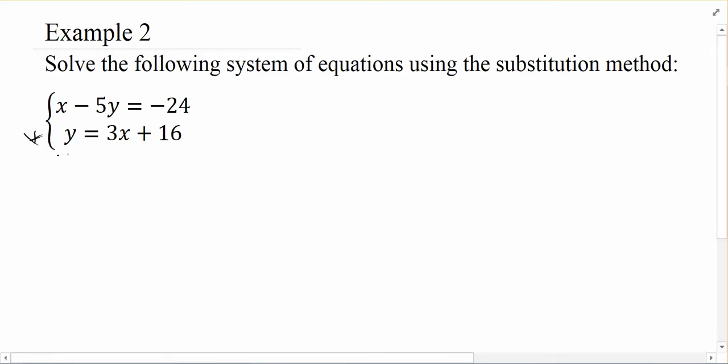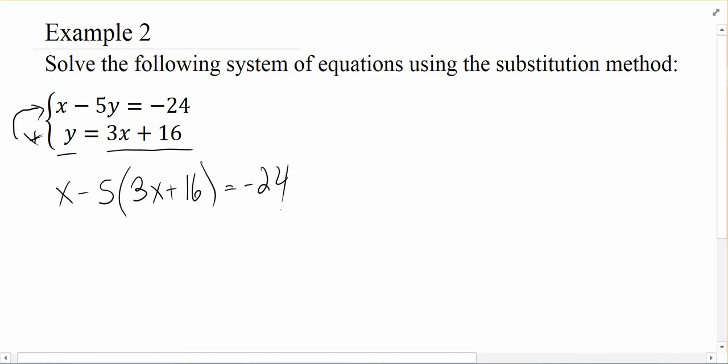So in this case, y is the exact same thing as 3x plus 16, which means anywhere that we see a y in the equation, we can replace it with a 3x plus 16. Now we always want to plug it into the other equation, not back into itself. That wouldn't make sense. So if we rewrite that first equation, but just replace any y with 3x plus 16, then if you look at what we have now, we have an equation that only has x's in it. And so that's pretty cool then.